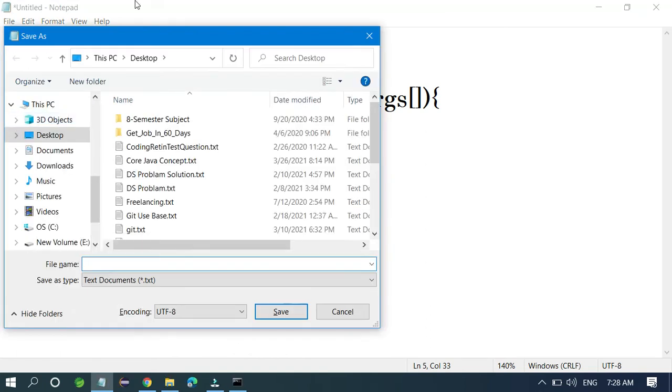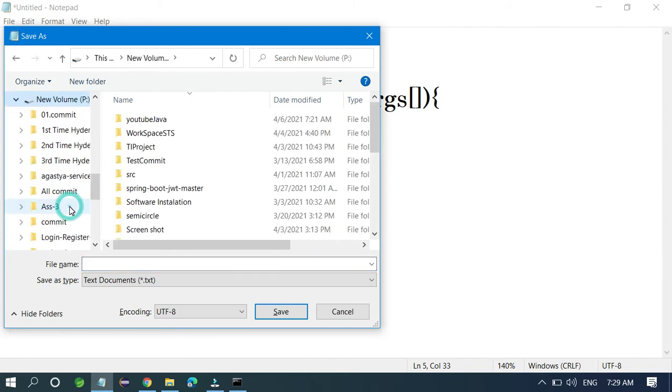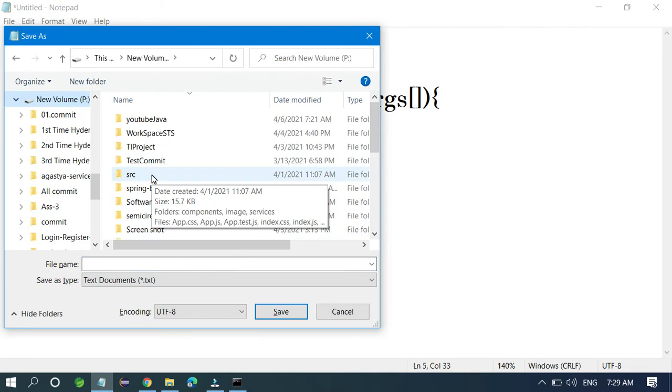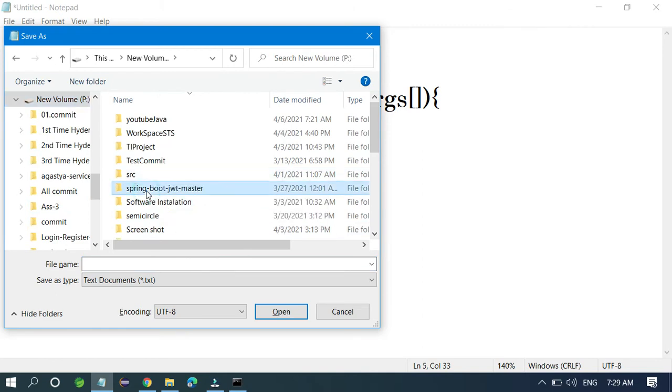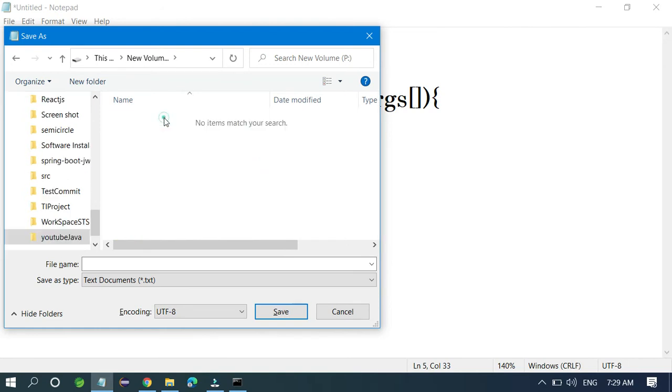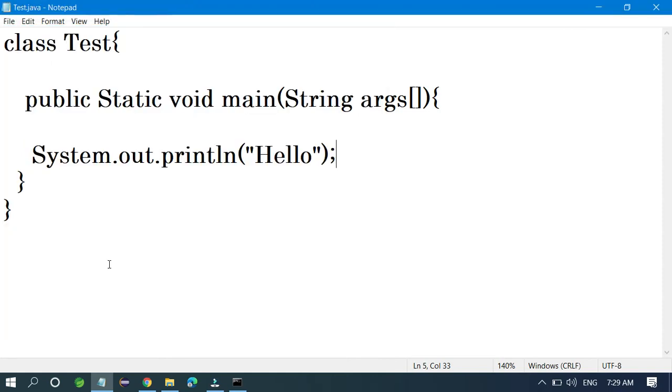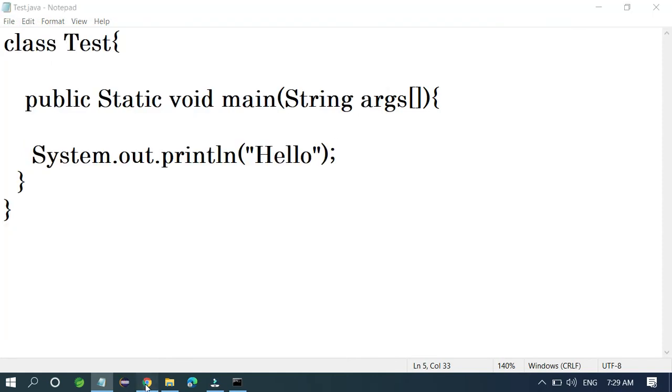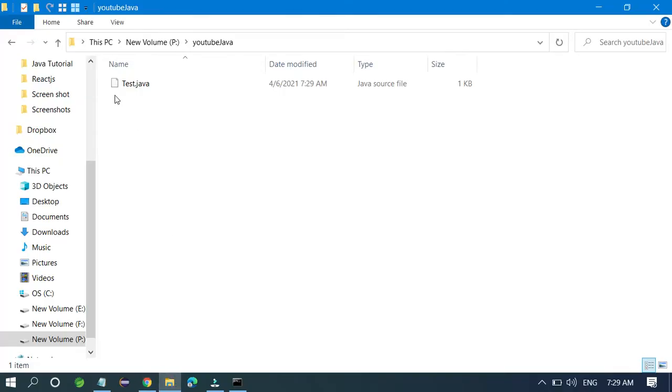Just go where you want to save it, the drive inside which is a folder called YouTube test. Click here and just write Test.java, nothing else. Okay, go to these files, and you can see there is your Test file.